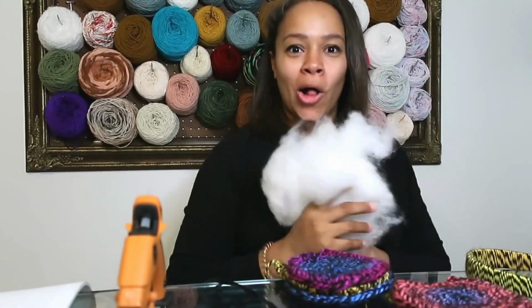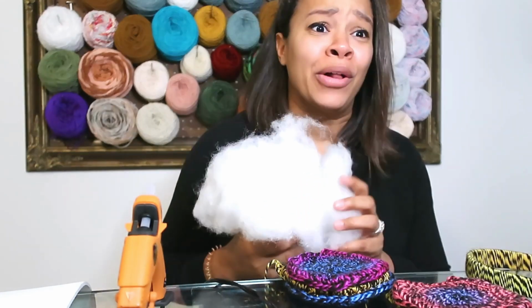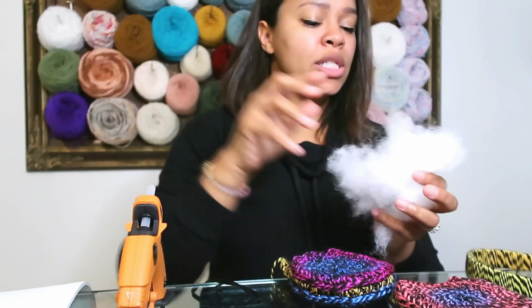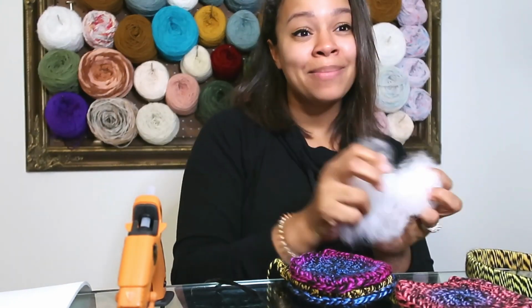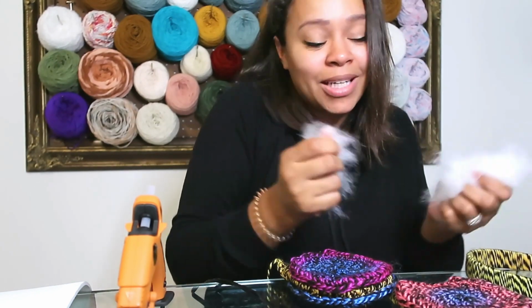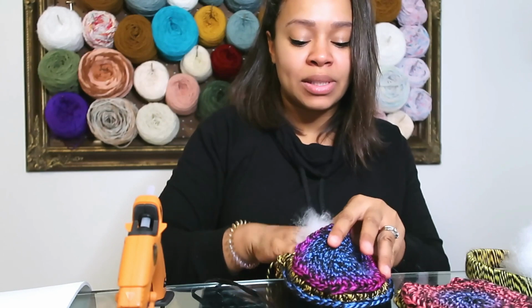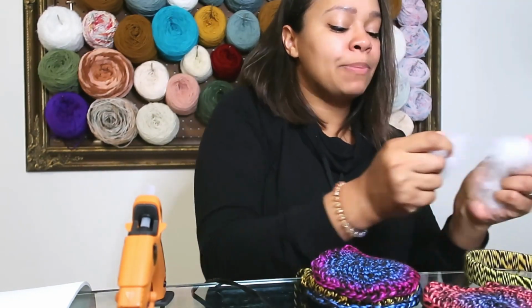Sorry, I'm grabbing polyfill. I just put foam in here, now we're adding polyfill. So the cardboard tends to change shape and warp over time because it is post-recycled paper. So I would rather use something that's not going to break down as easily, especially because